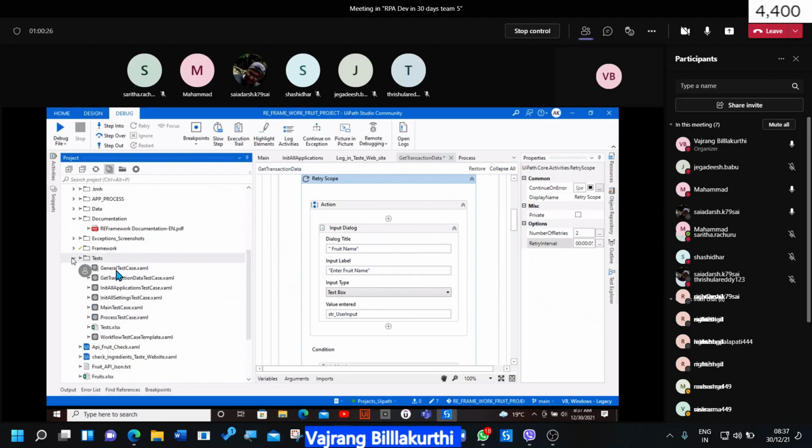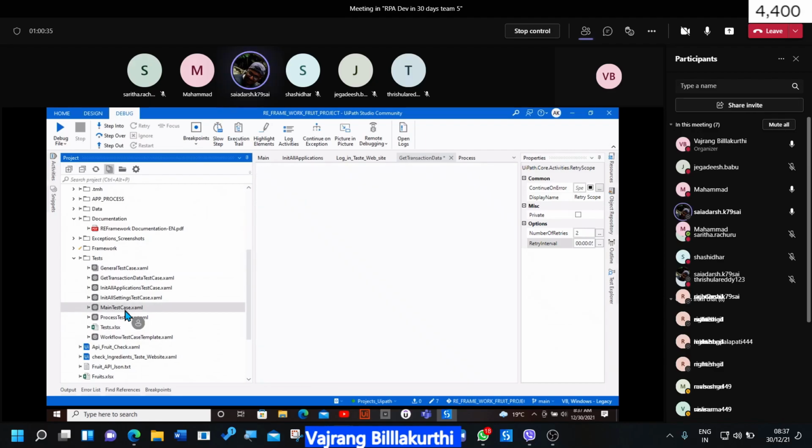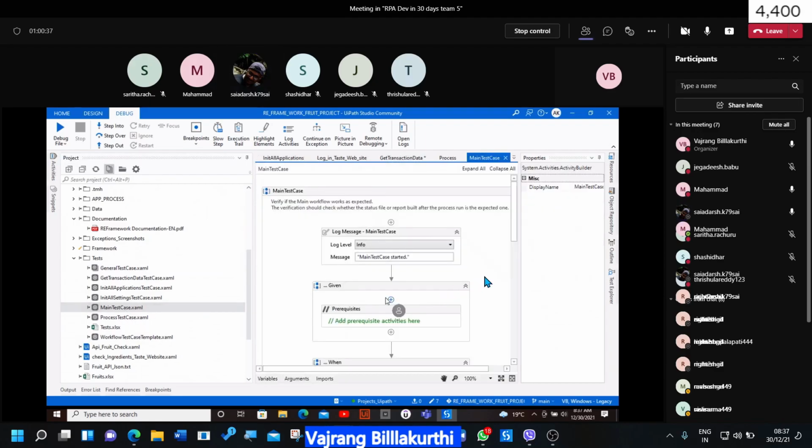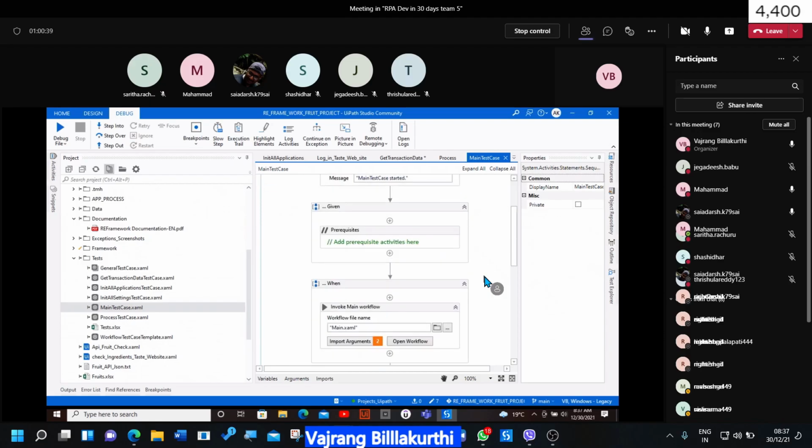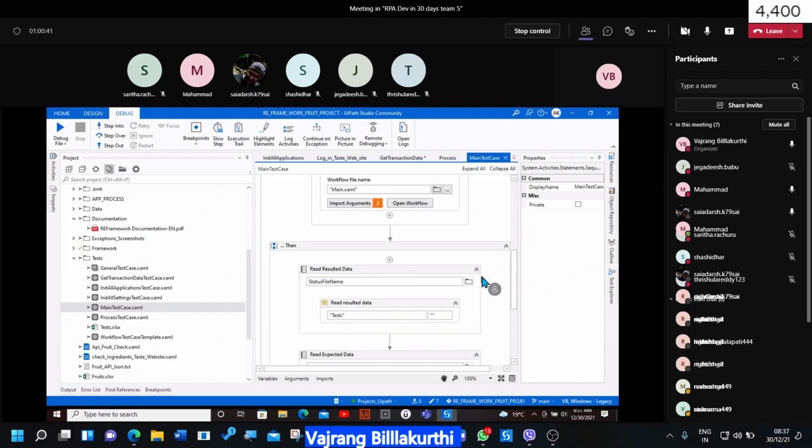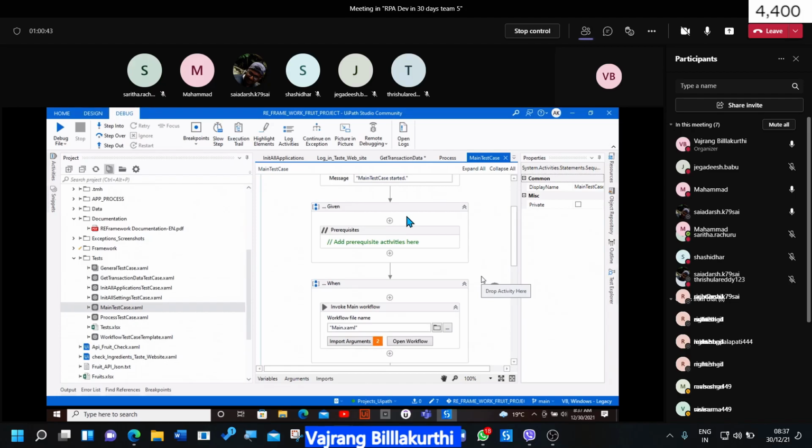If you see here, the general test case, main test case, and process test case. If you open the main test case, it has a given, when, and then structure. If there is any prerequisite, we can add it here.